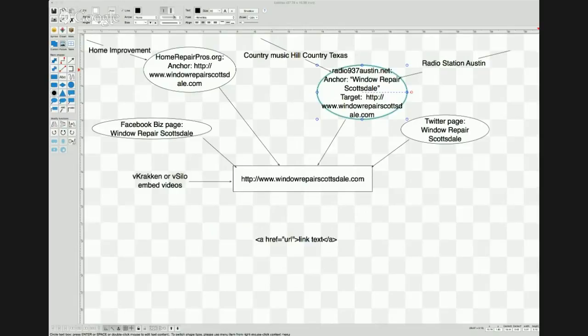No, I think this is called X-Diagram. I'm on a Macintosh. I don't know if they use it for PC or not, but I really like it. It took a little while. I bought about half a dozen different drawing programs like this, and this one seems to do what I need it to do. This is actually the same software that I use to keep track of my link building. I'm a very visual person. I like to see what I've got going on.